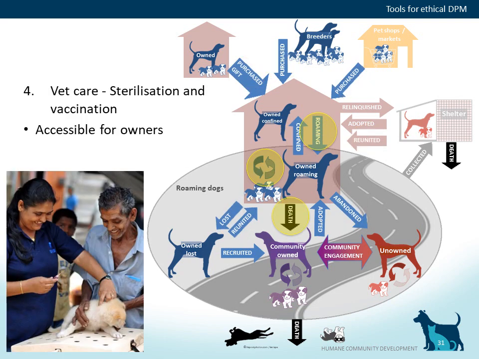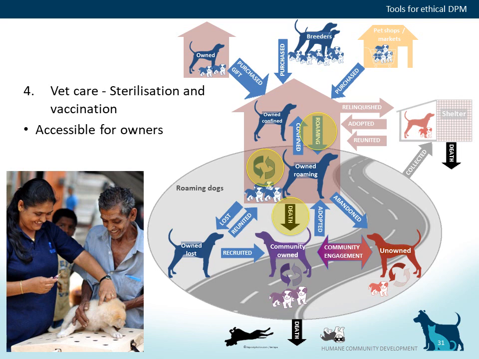The tool of vet care, usually sterilisation or spay and neuter and vaccination, can be particularly impactful on these processes. The aim is to make these services more accessible to ensure unwanted litters can be avoided, but also to ensure that dogs are regularly vaccinated and treated for parasites to maintain health of both the dogs and the people around them. If possible, veterinary care should be paid for by owners, potentially at a subsidised rate, to ensure these services are valued and sustainable. Though this may not be immediately possible in all communities, arguably rabies vaccination in particular should be provided for free in most countries where dog rabies is endemic, because maintaining herd immunity against rabies is so important for the wider community.